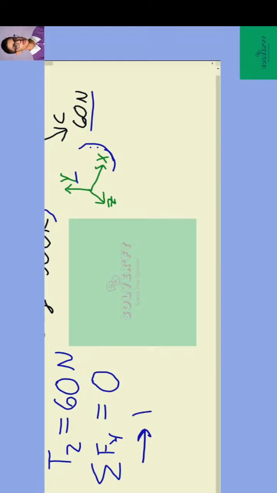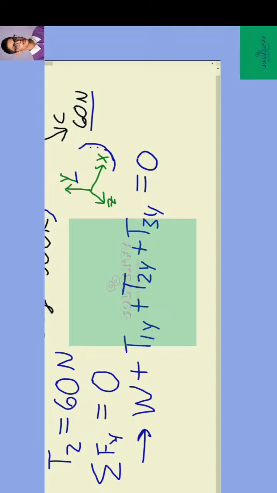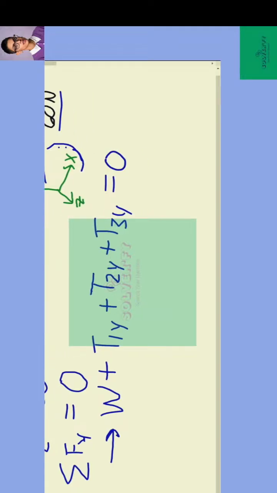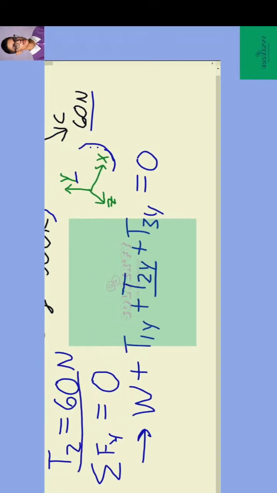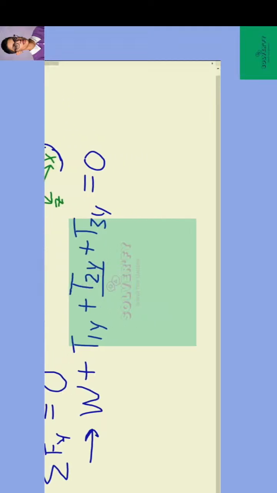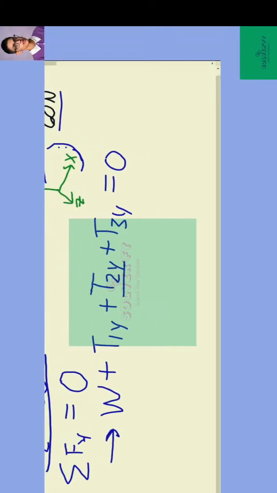So this gives us an equation: weight plus T1y plus T2y plus T3y. Set that equal to 0. So let's take a look at this component here, T2y. We are given the value of T2. From that, we should be able to calculate T2y